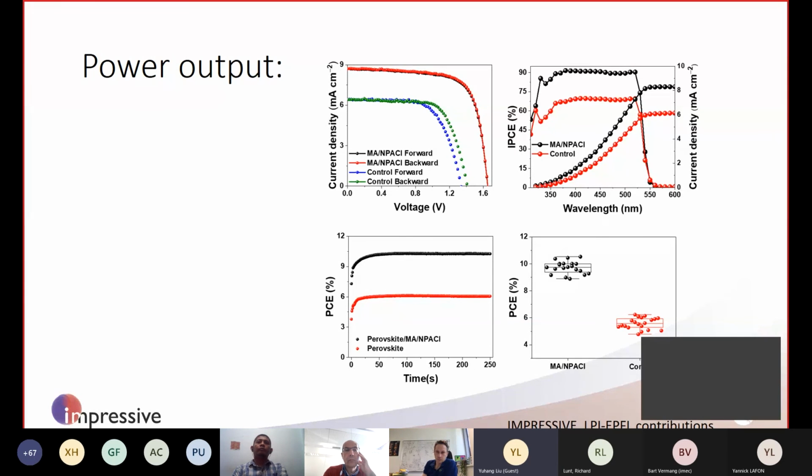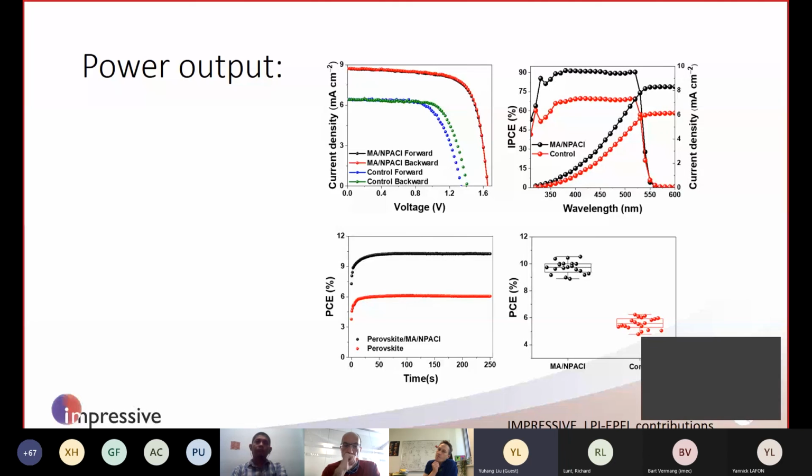We are able to get PCE of over 10%, and the integrated current, I will mention here again, we use a reflective back contact coating, is in good agreement with the IPCE measurement and this IV measurement. And the first 5 minutes of MPP tracking of PCE prove good operational stability initially, and we show big potential on